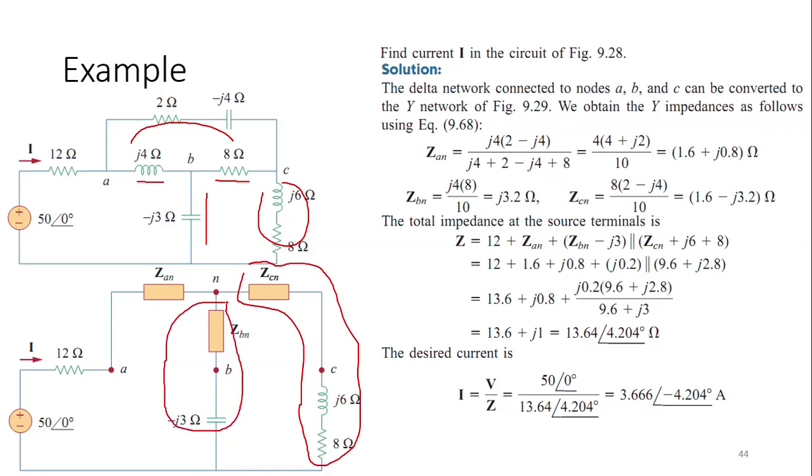We need to find the parallel combination afterwards, and after that we can find the current by the simple relationship, voltage divided by impedance. After finding the parallel combination of these two, all these impedances would result in a series combination, so we can find them. With this I close today's lecture, and we reach the end of chapter 9 of our textbook,